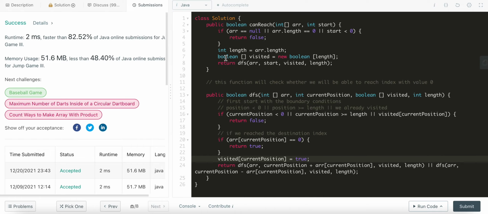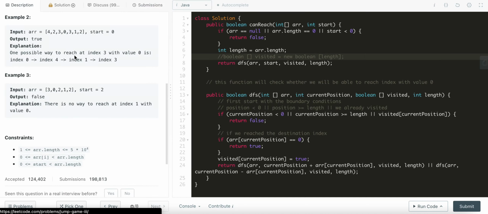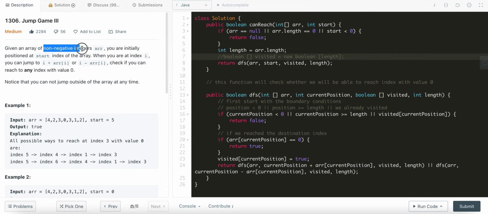So here we can just remove this visited array also. Since it's given that the values are non-negative integers, we can also make a